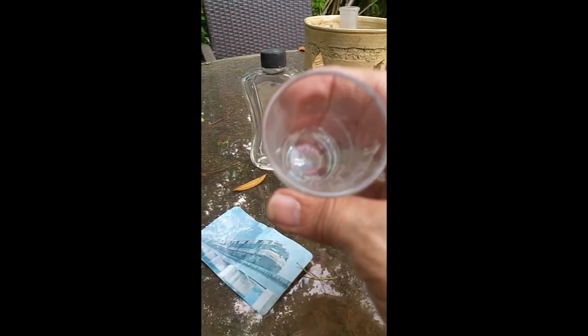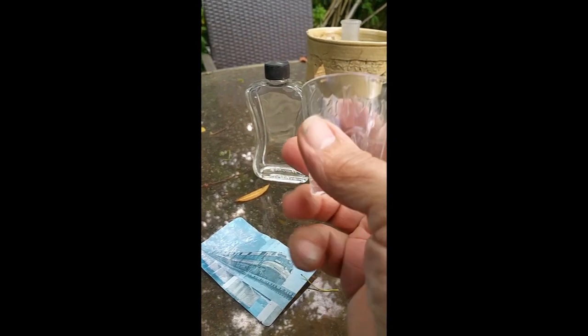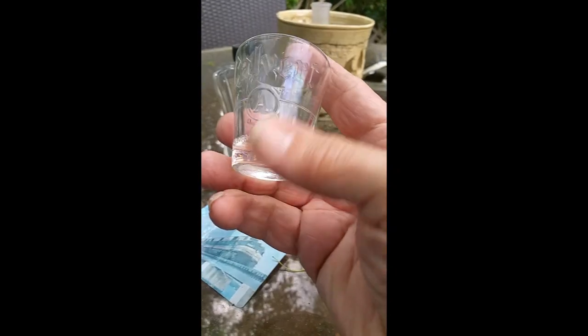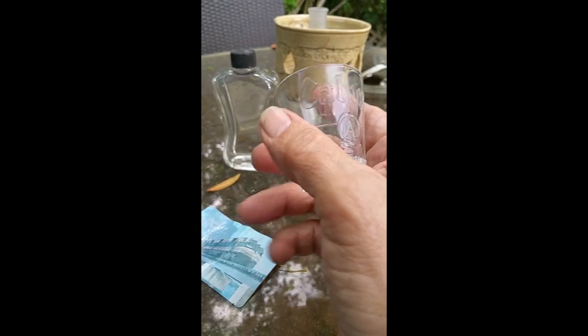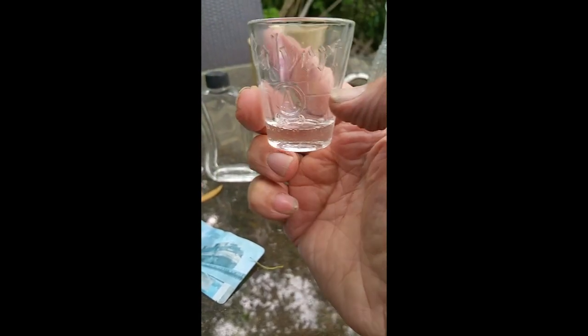Good old Lord Calvert. I found a shot glass, the Calvert Whiskey Company. This company, the Calvert Company, actually started in like the 1880s, I think somewhere in Baltimore. I think the Whiskey Company, and then they were bought out in the 1930s, and so the Calvert whiskey was really popular back then. And there's little writing at the very bottom, gives you where the company was. I think New York. I can't really read it, and how much up to that line apparently was a half shot. I don't drink, so I don't know exactly what they're talking about here, but that's a little shot glass,